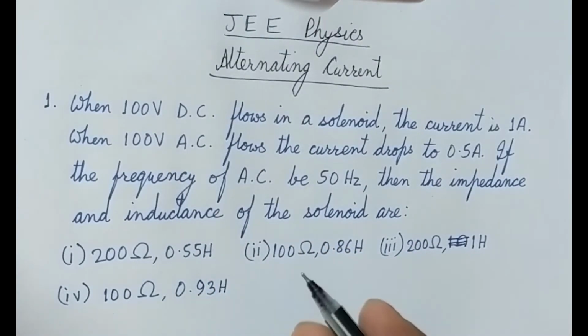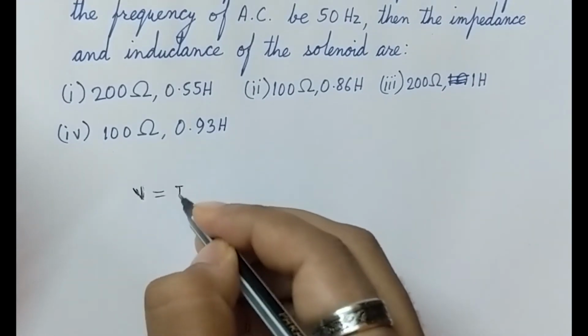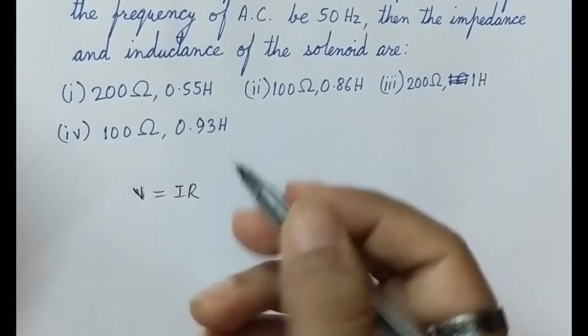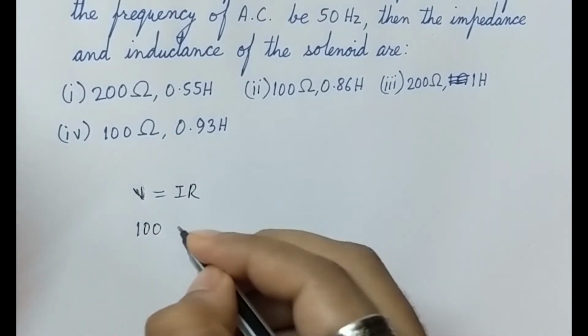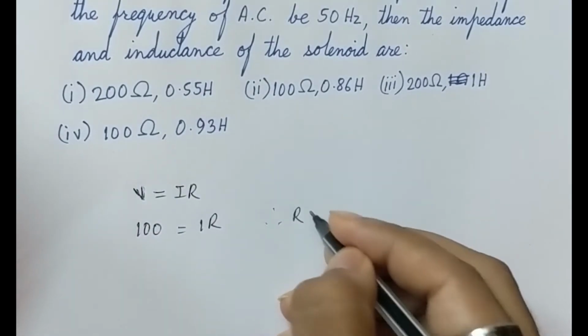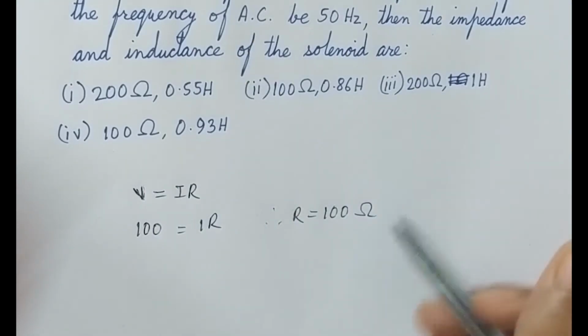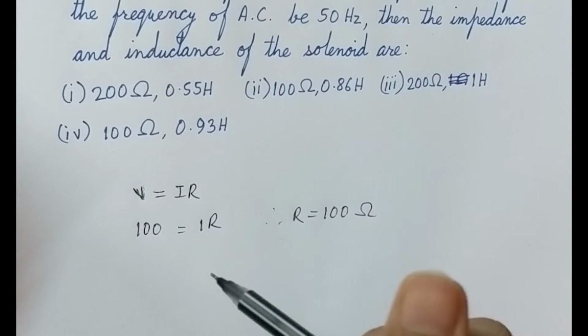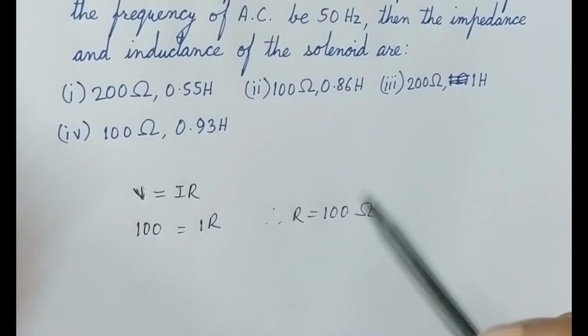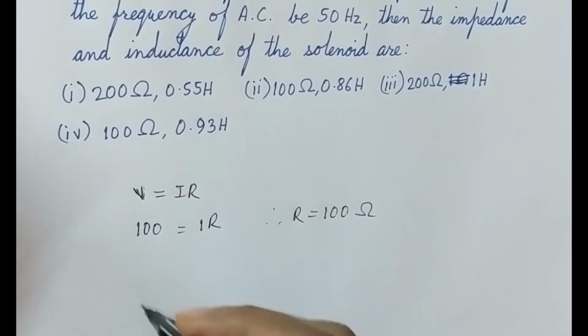So when it is in a DC case, then we do the simple V is equal to IR, our Ohm's law. In a DC circuit, V is given by 100 volts, I is given by 1 ampere, so therefore our R comes as 100 ohms. So the resistance of the solenoid is 100 ohm. Now when this solenoid is attached in an AC circuit, then the resistance as well as its inductance comes into play. So in such a case, we know that